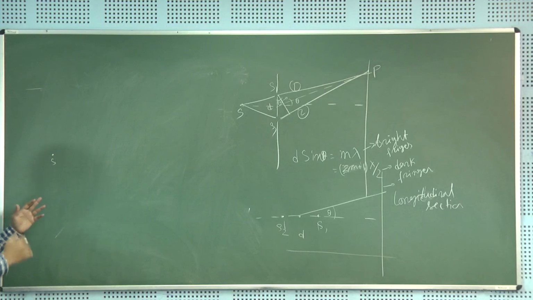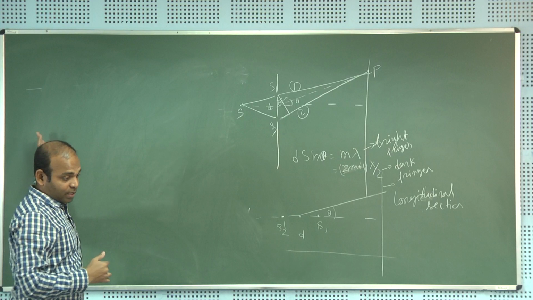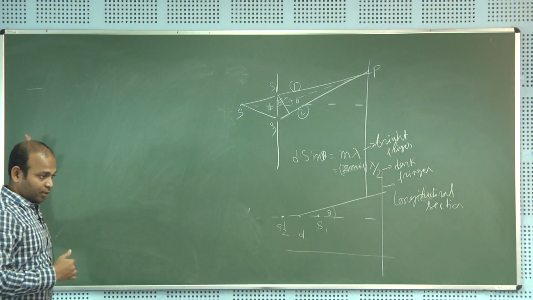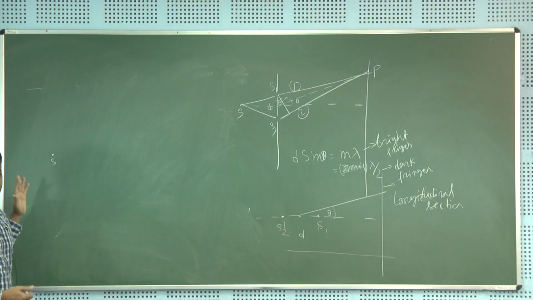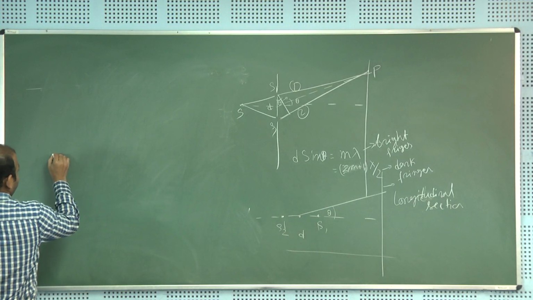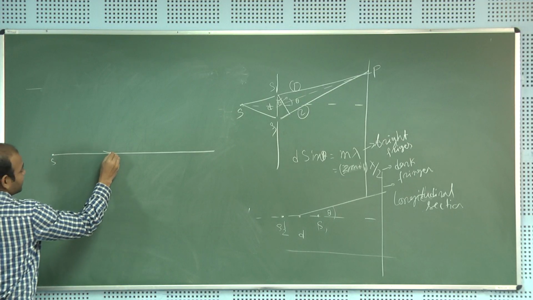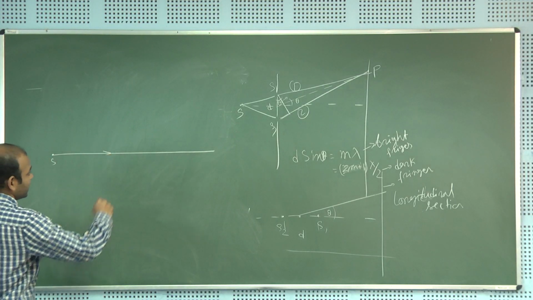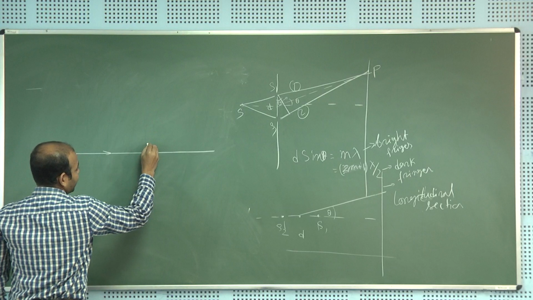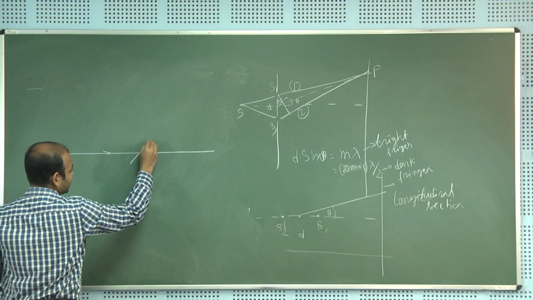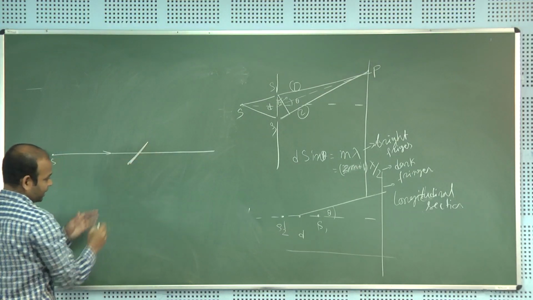For the time being, let us consider a point source, but the interference effect that we are discussing now will also apply to an extended source. If we consider only a point source, and let us say this is a light ray, and we consider an object here, which I will discuss,